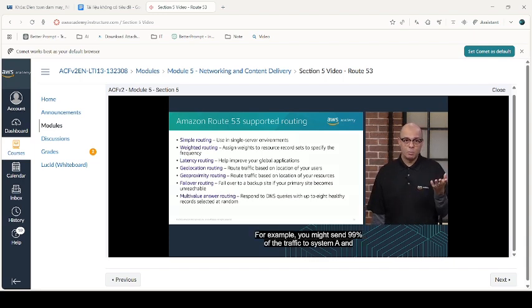For example, you might send 99% of the traffic to a system A and 1% of the traffic to system B that actually have some small modifications implemented before rolling it into production. You can use latency-based routing when you want the response to arrive in the fastest way possible. Route 53 determines the fastest way to deliver a response. This does not always mean that the shortest path will be used, especially if that shortest path is saturated and